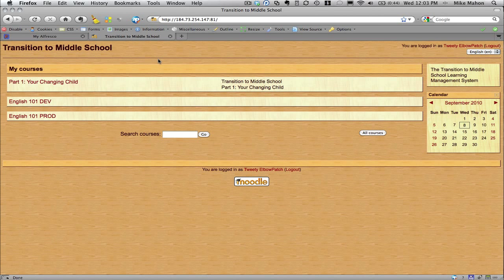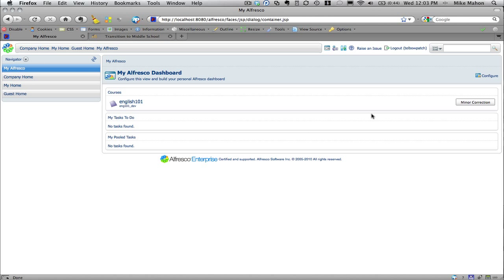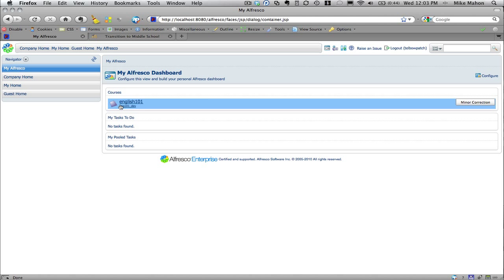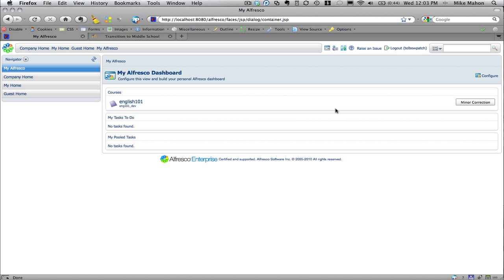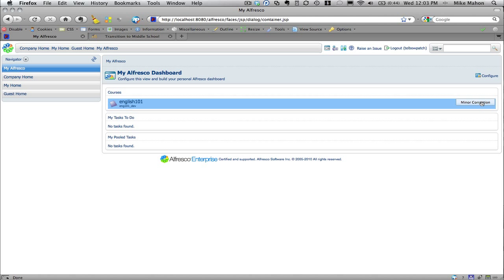I'm going to go over a Moodle and Alfresco integration that we've performed. The example I'm going to give today is a minor correction workflow in Alfresco that's been defined for an English 101 course. The basic premise of this minor correction workflow is to initiate a minor correction request that gets submitted